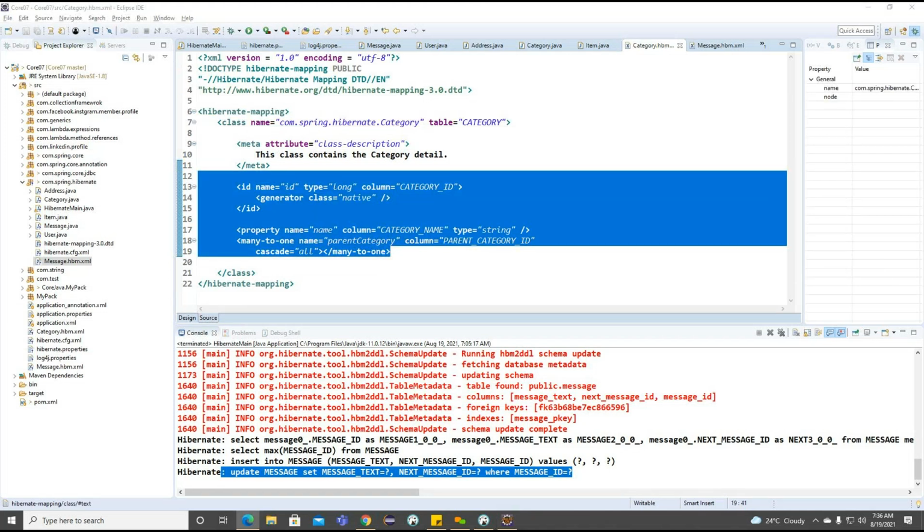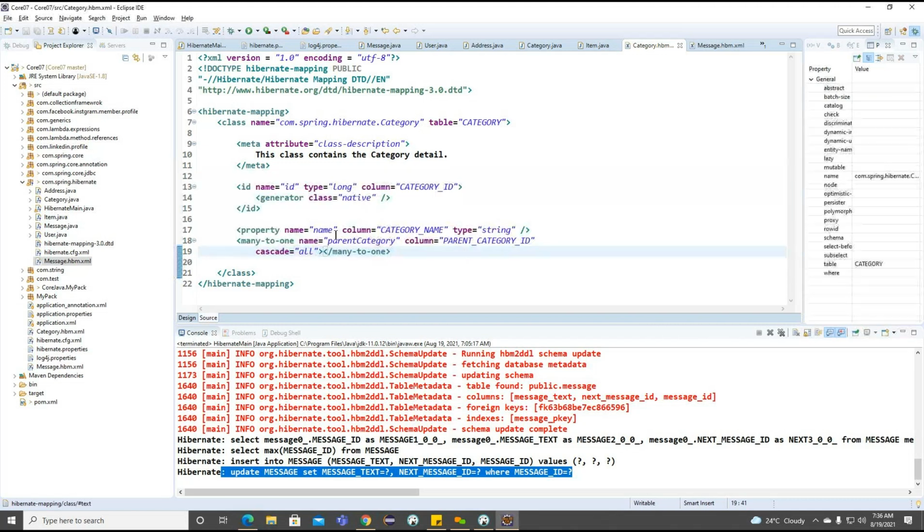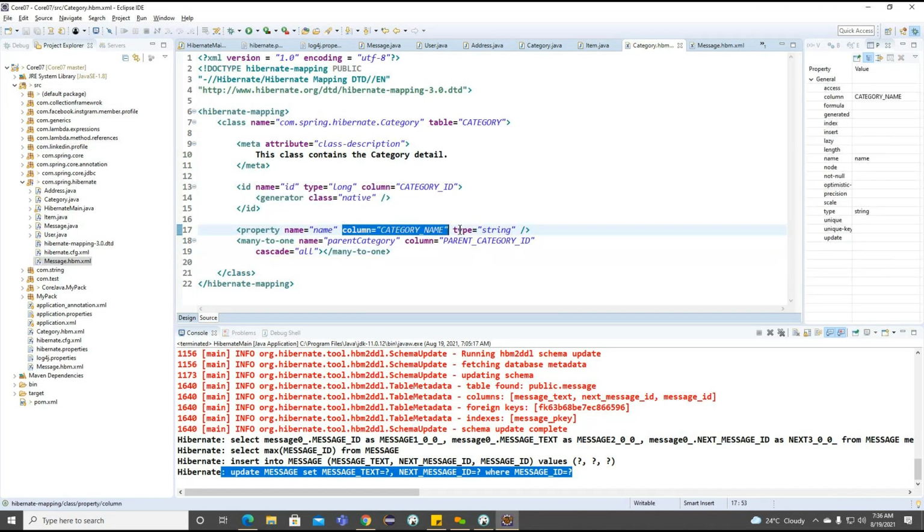And now, if you observe, here we need to write some information. Along with the column here, we are having one option called type. So we can define the type, what exactly the property we are having here. Based on this particular type, internally the database column data type is going to be identified here.